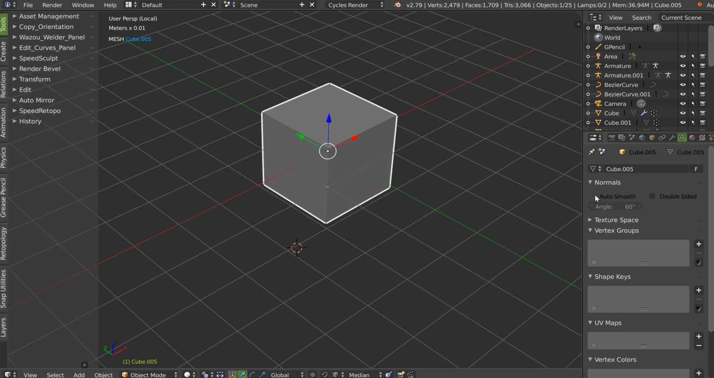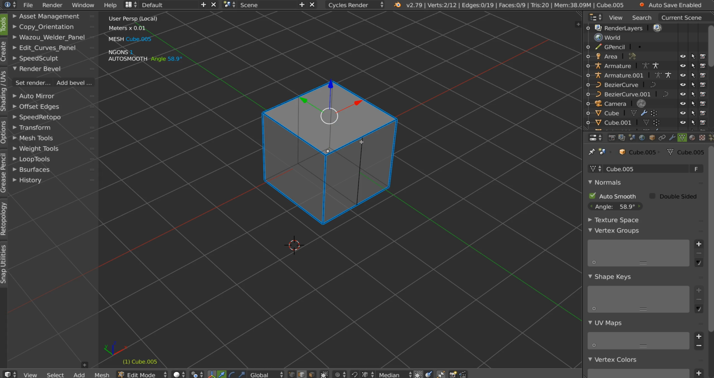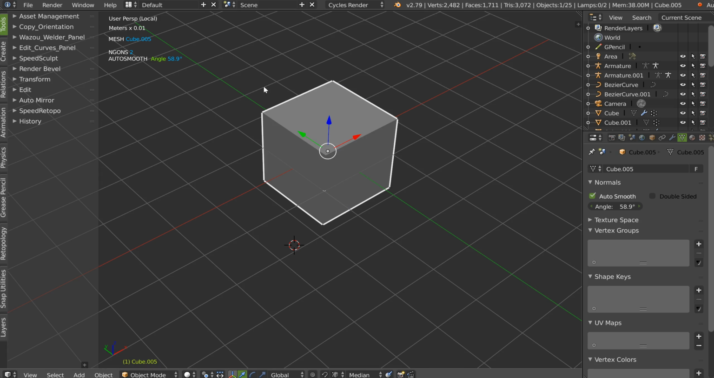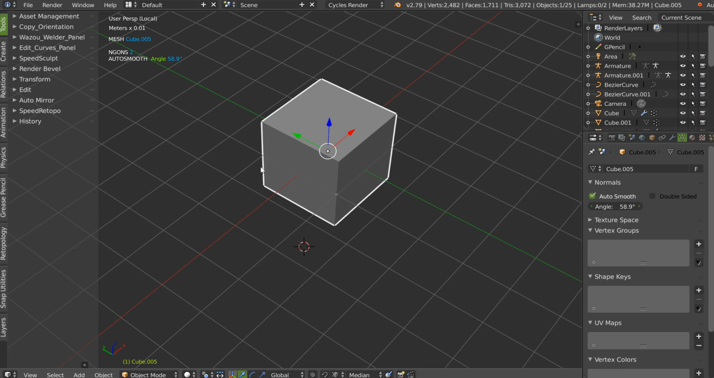And for example, if I activate the auto smooth, I will have the auto smooth. I will be able to change the angle. And if I have an n-gon, I will remove this one. I will have n-gon with the number of n-gon, like this. You will see it in object and edit mode, and like this you will know if your object has n-gons,